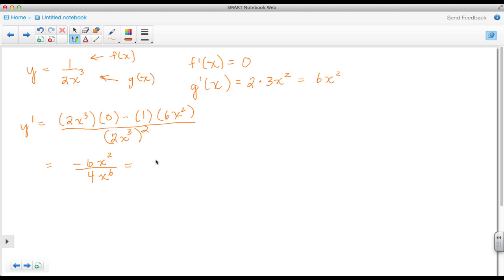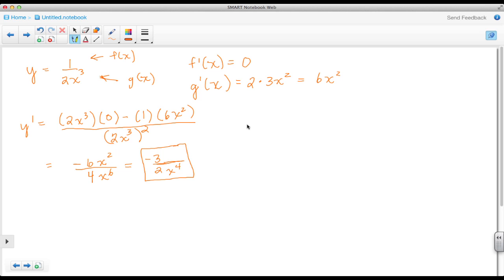And then I can simplify what I have here. I have two even numbers which can both be divided by 2, so that there becomes a negative 3 halves. And then I've got 2 x's at the top and 4 x's at the bottom. That simplifies down to just x to the fourth in my denominator. So this here is the derivative of this function here using the quotient rule. But I want to also go ahead and show how this here can also be solved using the power rule.